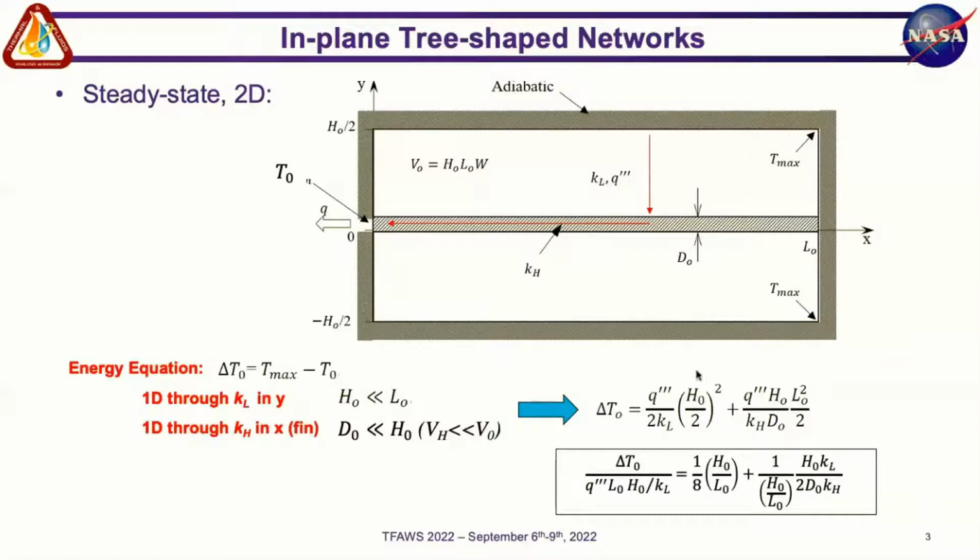And this, of course, involves the volumetric heat generation rate that you have in your domain, the geometry of your domain, or the geometric parameters H0, L0, and D0, and the two thermal conductivities, KL and KH. Interesting from this result is that if you non-dimensionalize your delta T0, then the equation takes the form shown here, and it is very easy to identify under this form that the problem of reducing delta